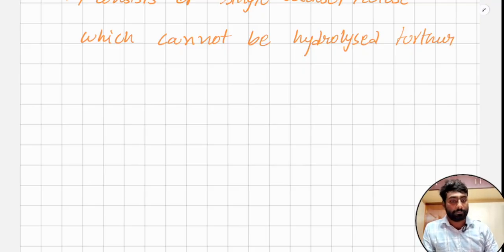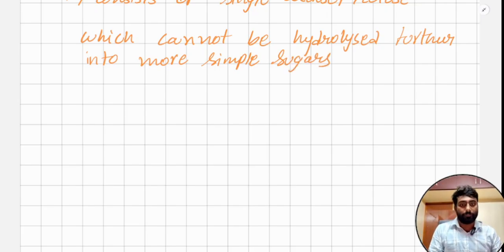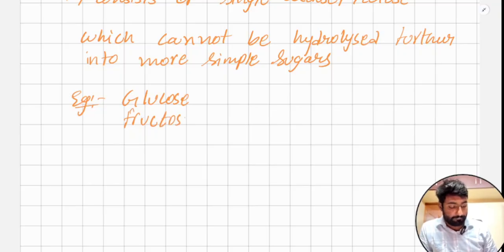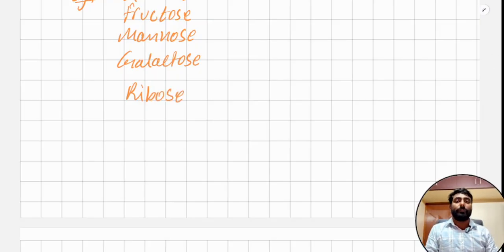Okay, students, they cannot be hydrolyzed into more simple sugars. Got it? Okay. Now, if you see the examples of it, it includes glucose, fructose, mannose, galactose, and your ribose. They are usually represented as